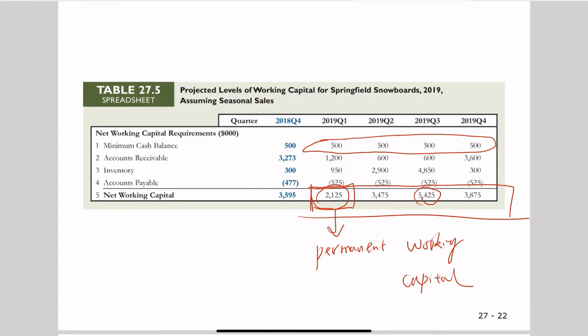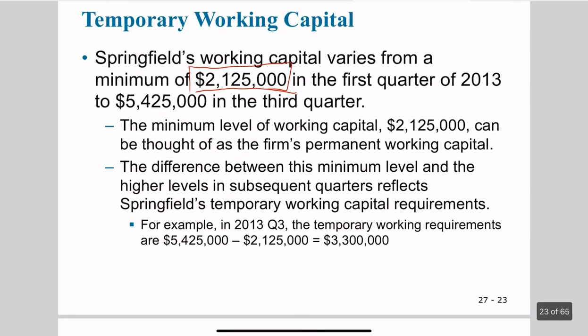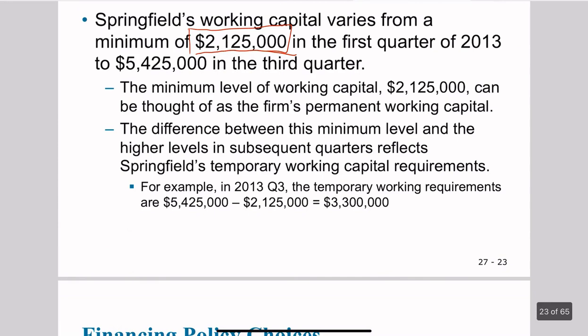So we consider this amount of net working capital as our permanent working capital. And then the difference between this minimum level and the higher level in other quarters will be our temporary working capital,